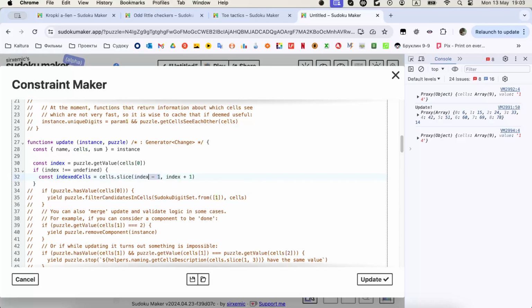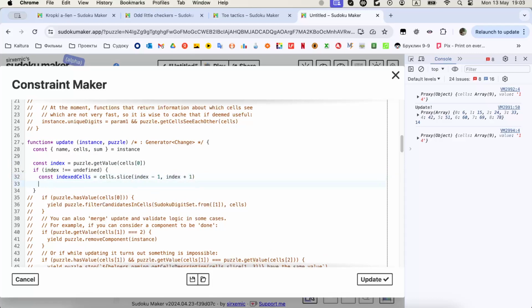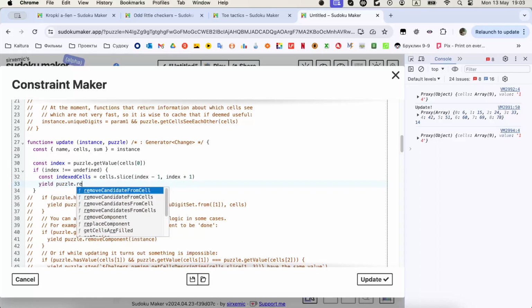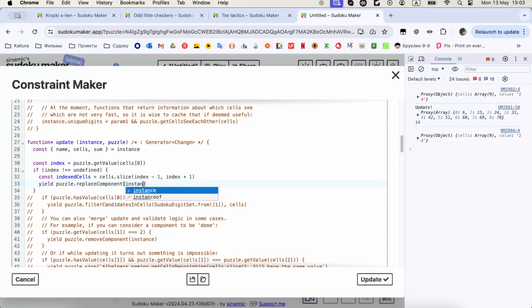The reason for -1 is because the array is 0-based and the index is based on 1. The first index is 1. So if the index cell is 1, then we need element 0 and element 1. So we slice 2 elements here, and we just tell puzzle replace component,